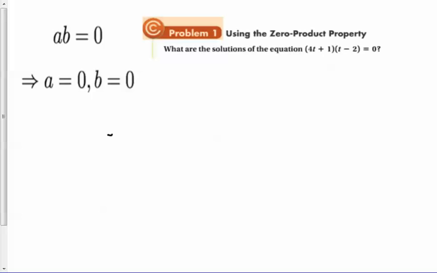Okay, for this one, we're looking at 9-4, solving quadratic functions by graphing. So a thing I want to talk about is the zero product property, and that's this thing right here, this